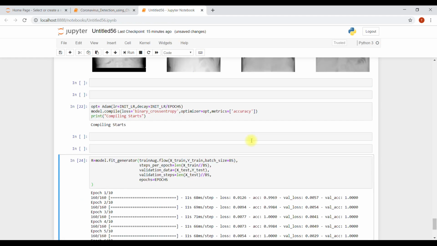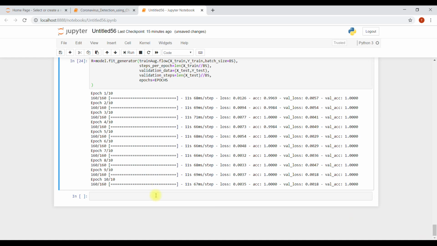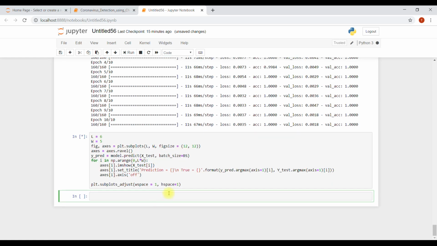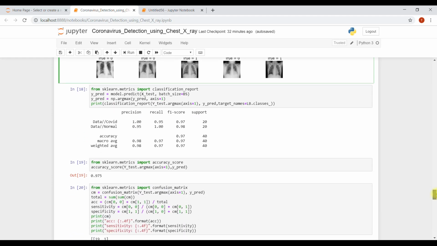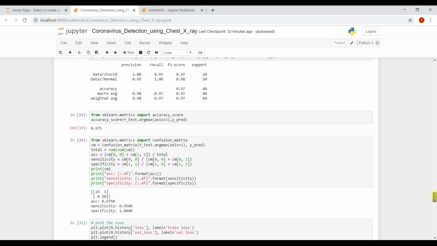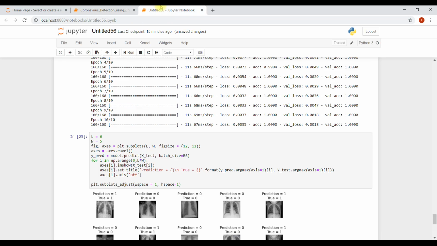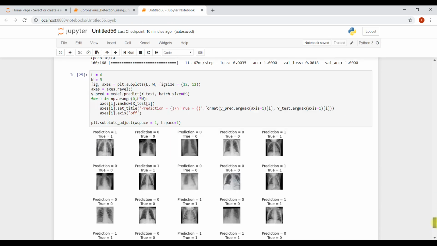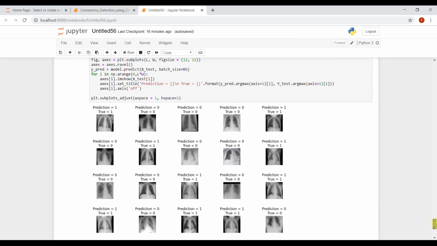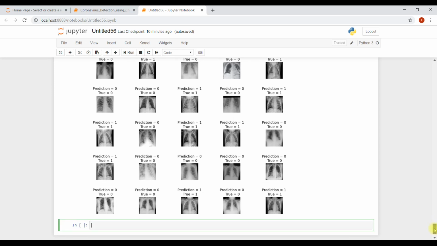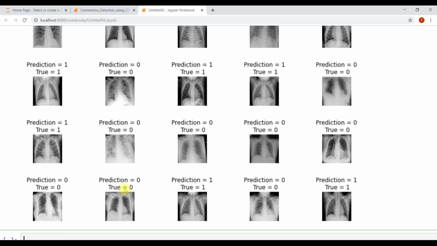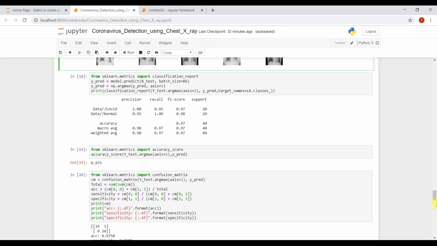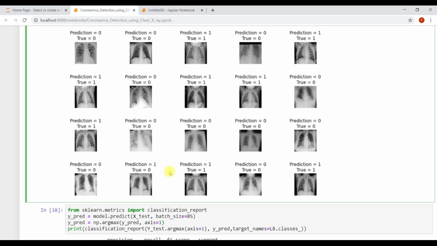So let me just copy this. Yeah, training is completed, and we're gonna save the model in some time. But in our case, misclassification has not happened to this image.